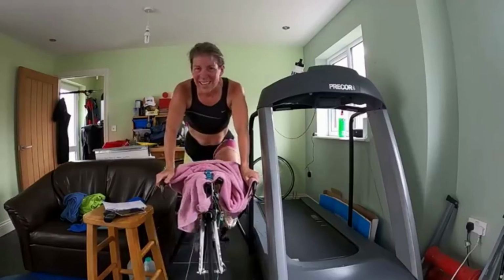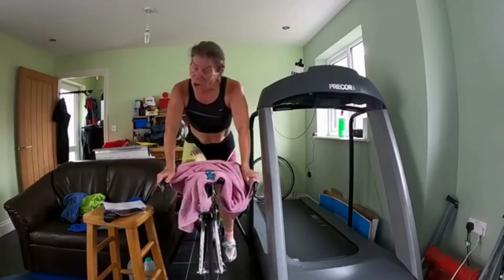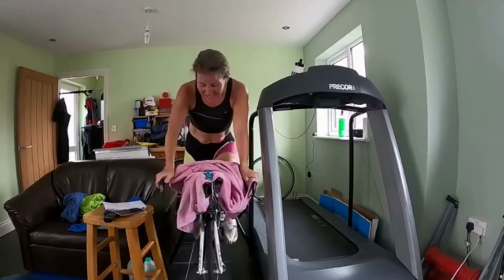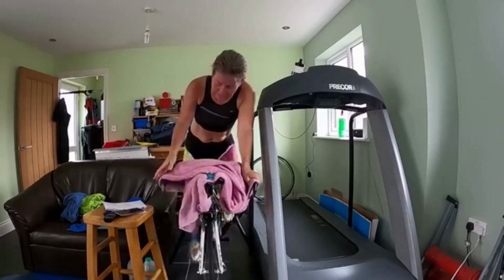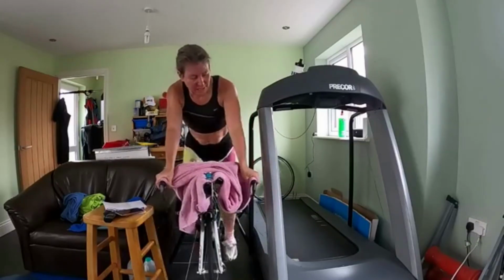Okay, 1 minute recovery left. Then the last 2-minute effort. And then it's just a cool down. Another nice 10 minutes. Nice and easy. Flushing it through. If you're tight on time,